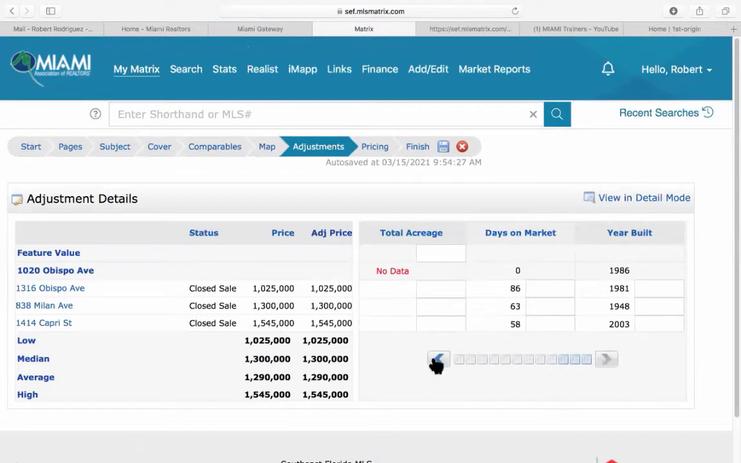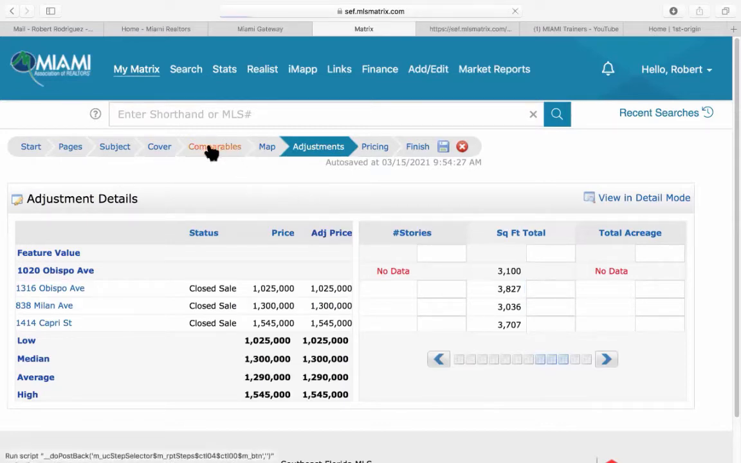All you need to do for adjustments is basically change the square foot value of this property and this property if this square feet total is wrong. I know that's the total square feet, so you want to come here and put in the living area square feet for each. For that, I would have to go back to Matrix and check the living area square feet of each of my comparables. And if you don't know how to do that, we're going to go back to comparables,